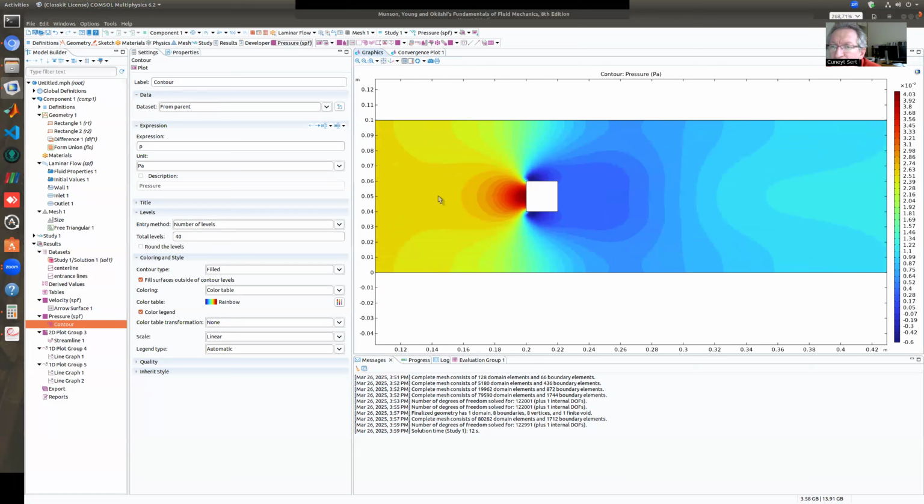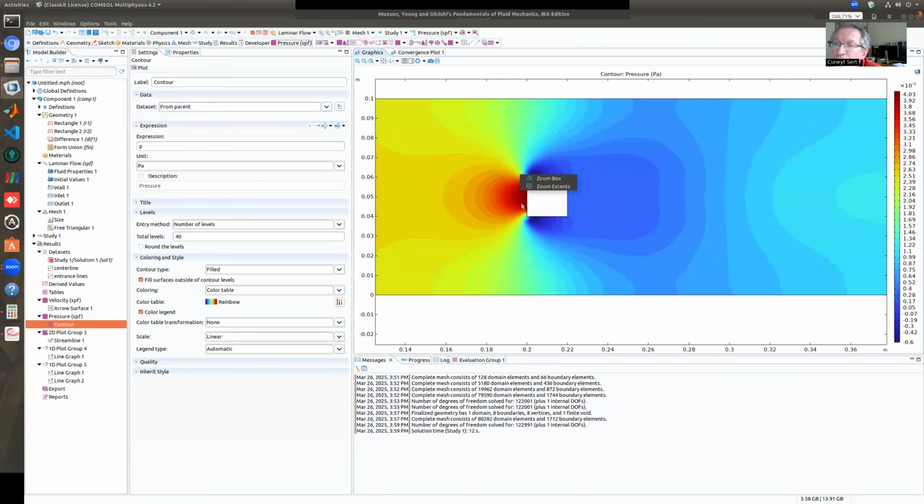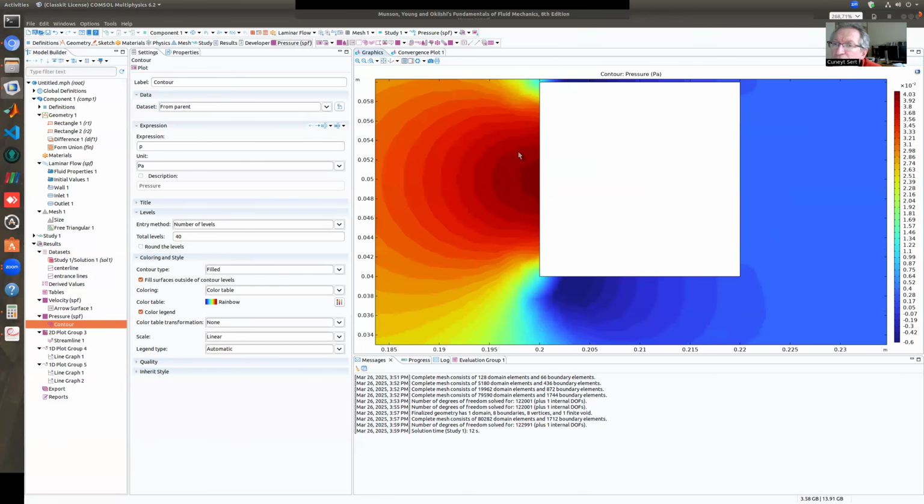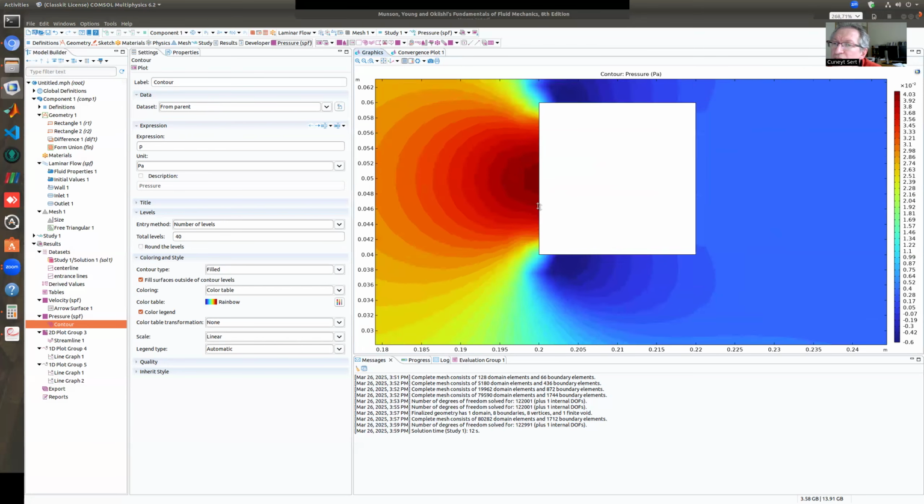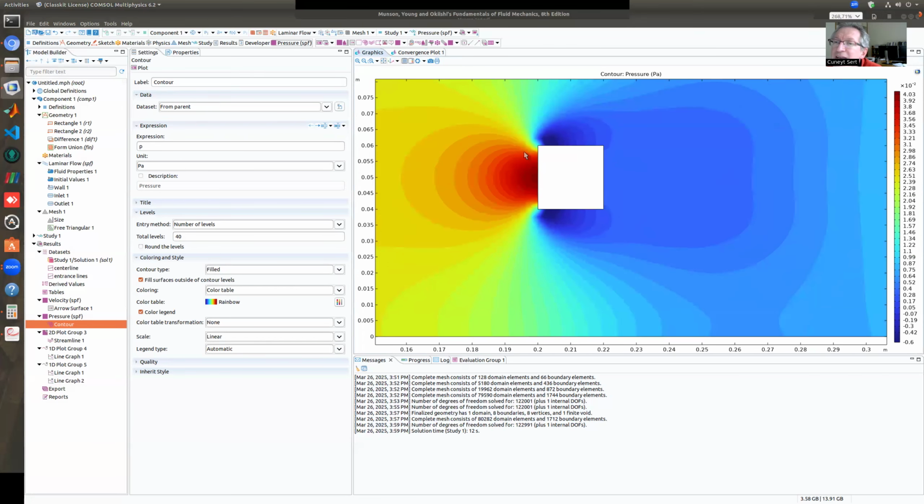So we have a stagnation streamline here hitting the center of the front surface of the block, my little square. And then here it creates maximum pressure. So we have a maximum pressure here at the stagnation point. And then as it turns these corners, pressure decreases. So it speeds up here. So the flow enters with a certain constant speed.